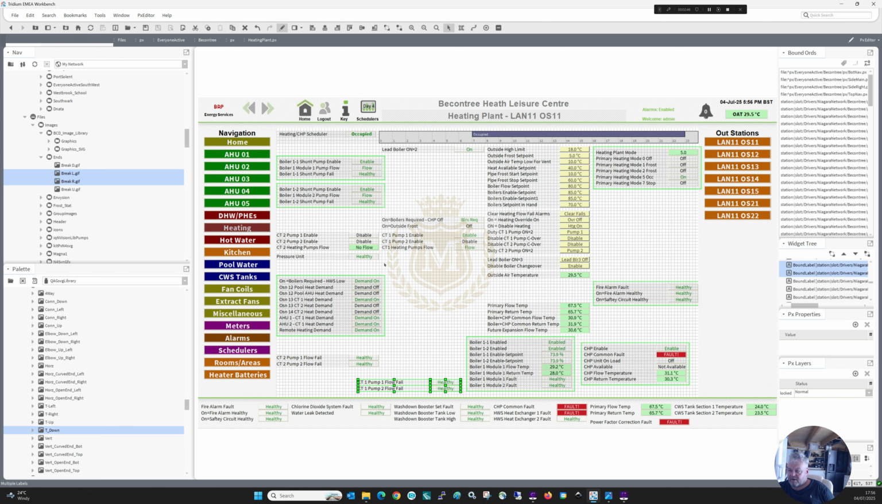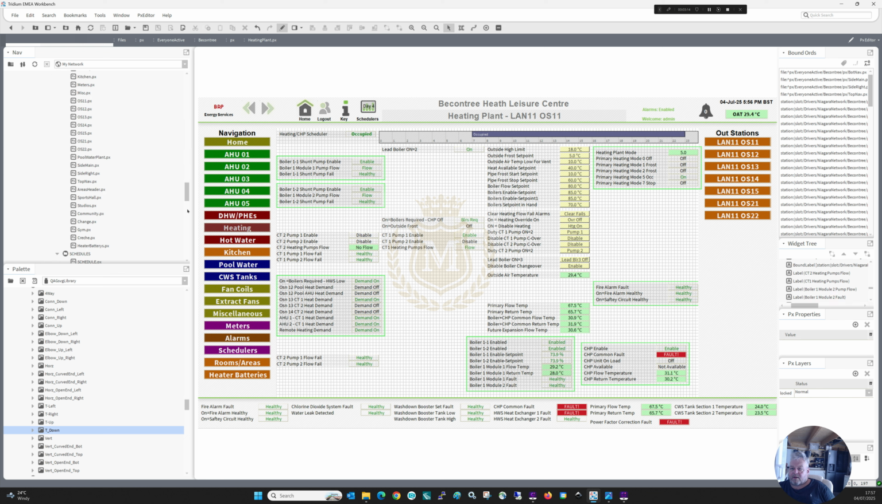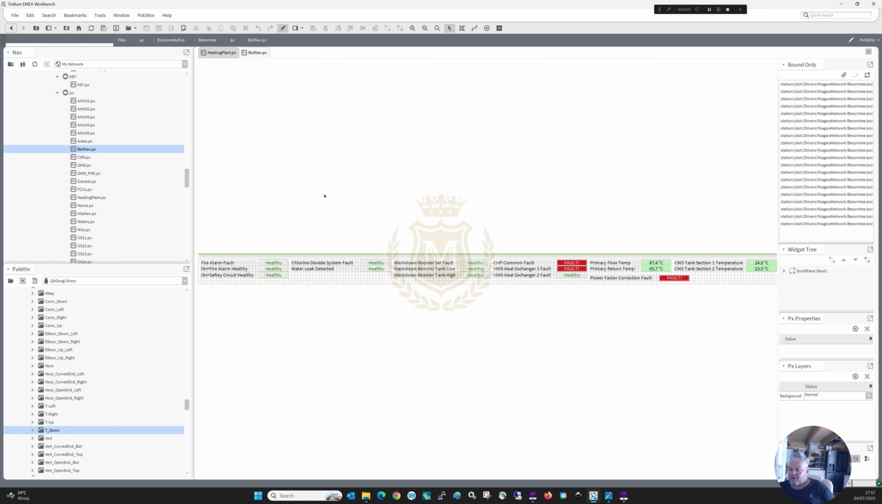Let's take that pressure unit. Now, we don't have the pressure unit at the bottom, so I think we should have that at the bottom. So let's, while we think on, take that pressure unit and cut it. And I want to go into the bottom nav file, pressing control key, bottom nav, go into edit mode,